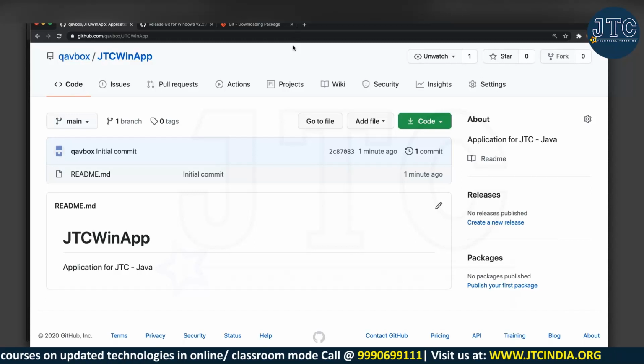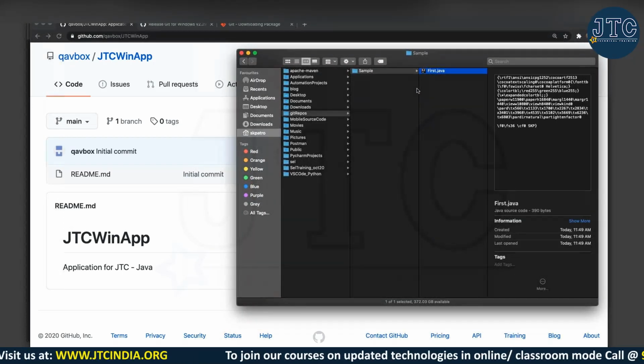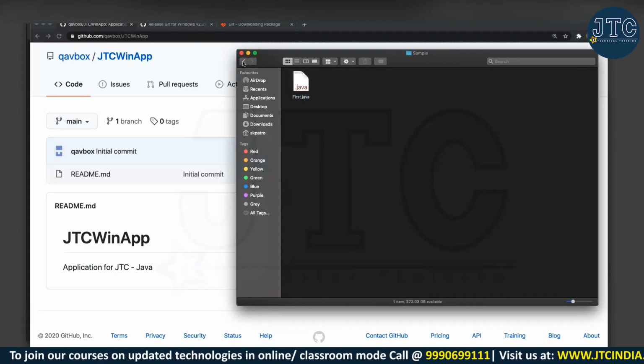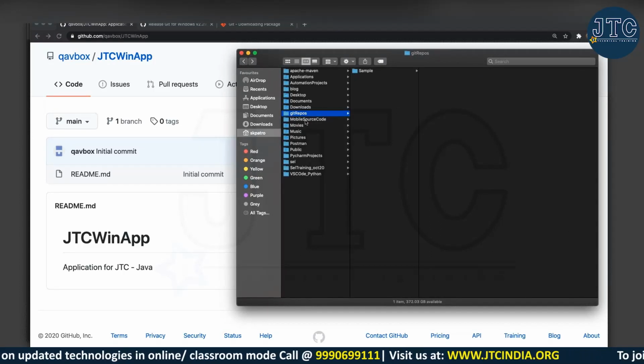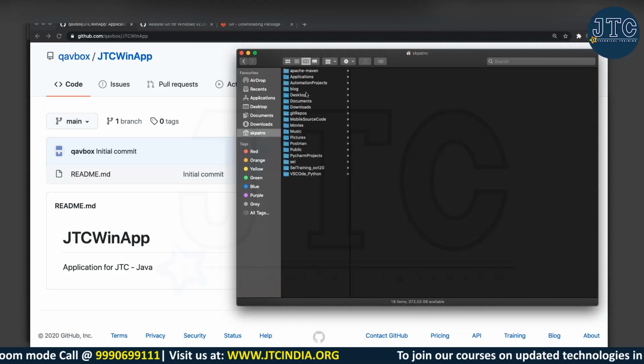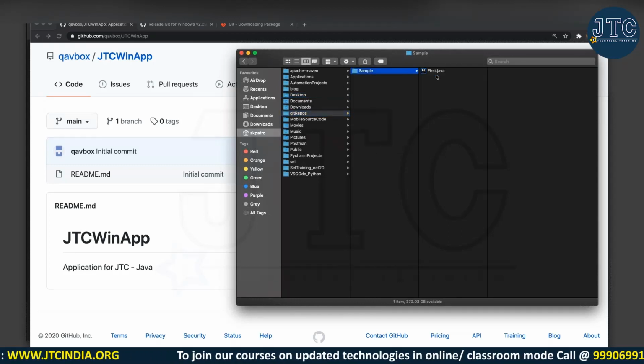Now you can see here I don't have any files, because my project and code base is under this folder only, right? Yeah, under this only. Now, where is that git repos? Yeah, under here. Now here my files are there. How do I push to here? That is what we are going to see.